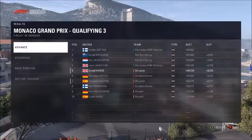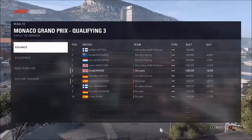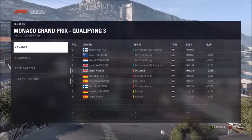Set then for the race tomorrow. But before we go, let's quickly remind ourselves of our top three, who are Bottas, Ricciardo and Max Verstappen. It's time to leave for now, but we'll be back tomorrow when the Grand Prix itself...